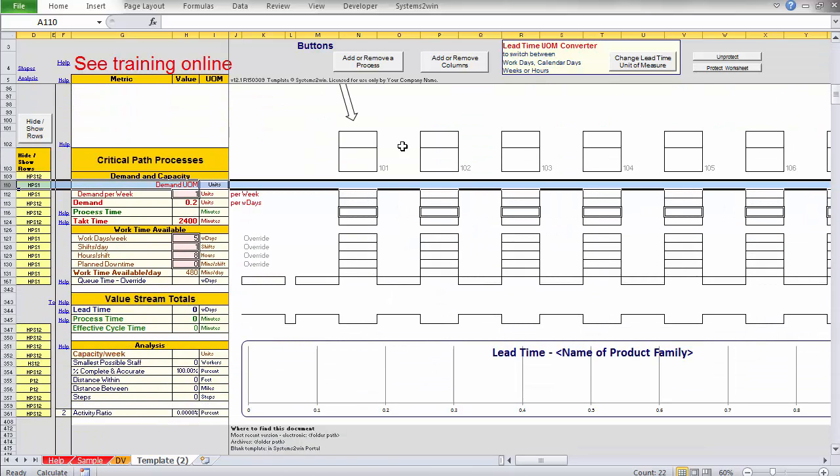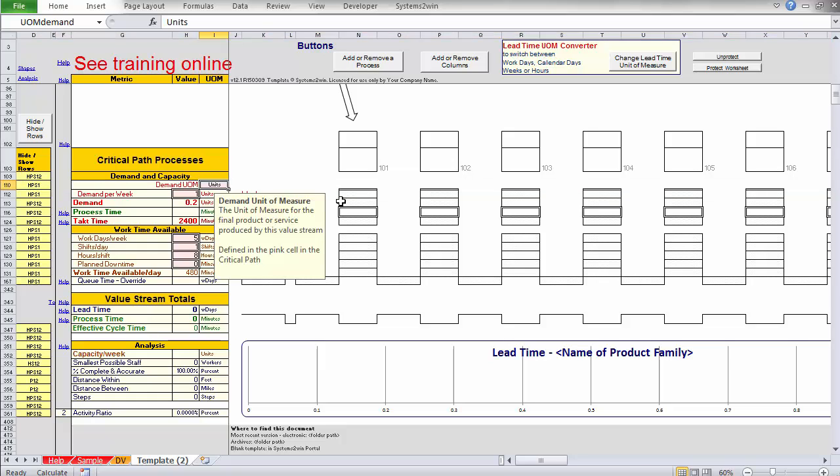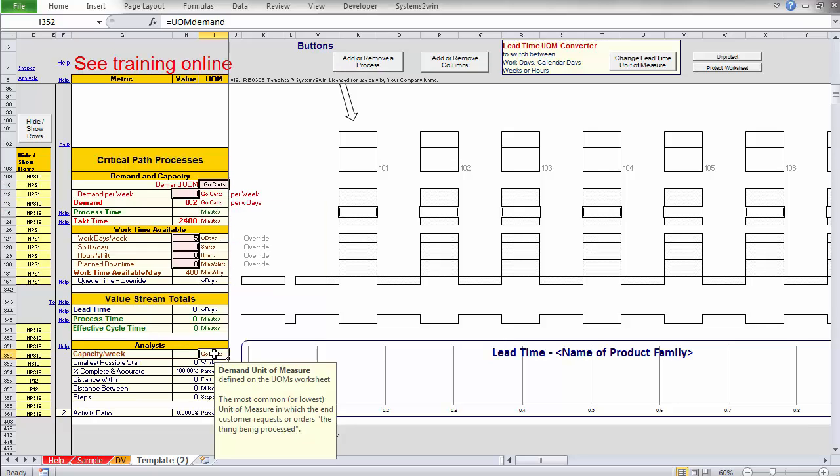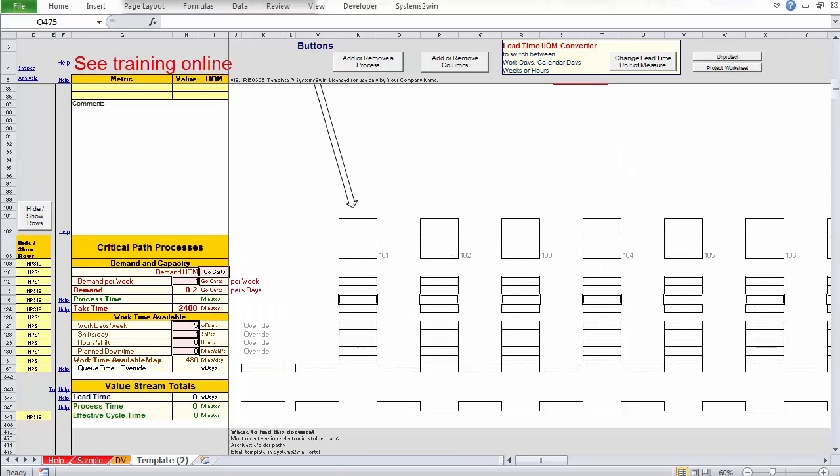So instead of being patients this time, let's say that we're making go-karts. So notice when I hit enter that everywhere that it had said units, it's now go-karts for this entire worksheet within this value stream. Notice that when you first start a value stream map, by default it's really stripped.